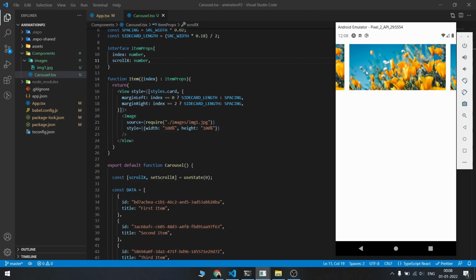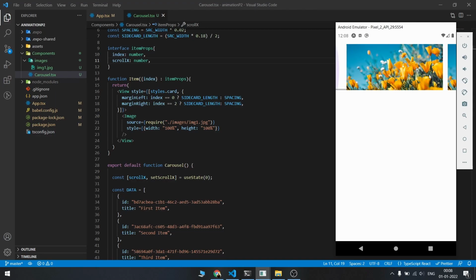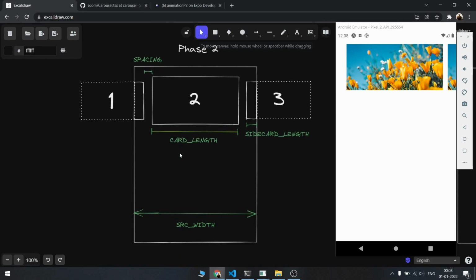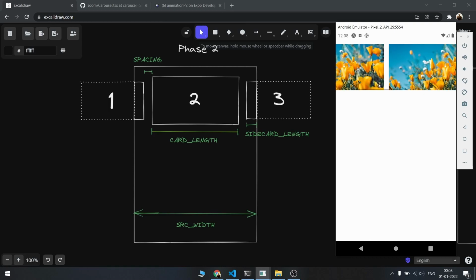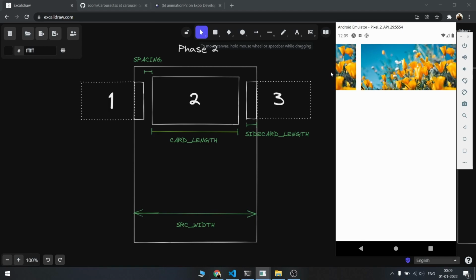Now the question was that the entire animation is dependent on the scroll property, because if you are at phase 1, this card will be at full dimension, and this one will be a little bit shorter. If you look at the diagram over here, this card will be at full and this will be a little bit shorter, this and this. So when we scroll like this, the card on the right will gradually increase its width, its length, and this one will get shorter.